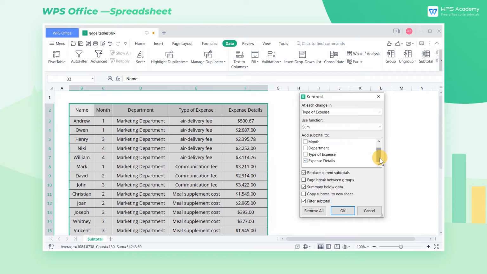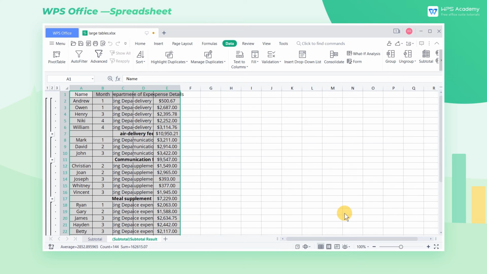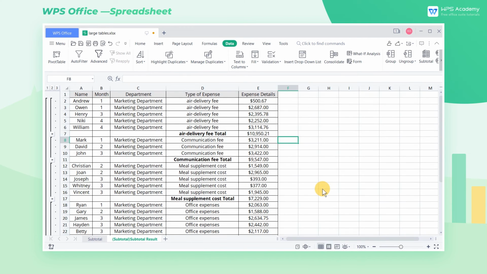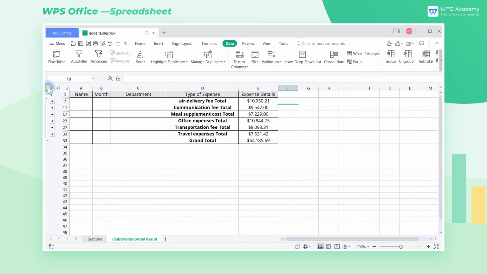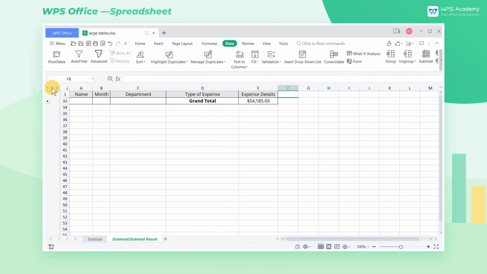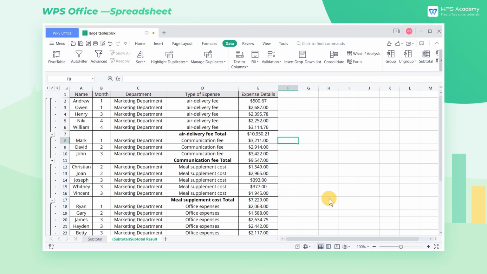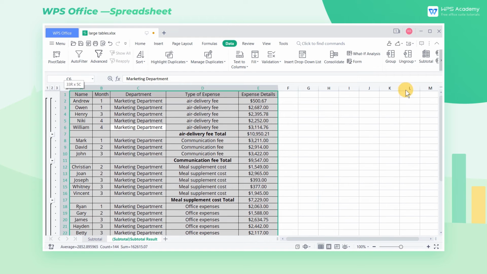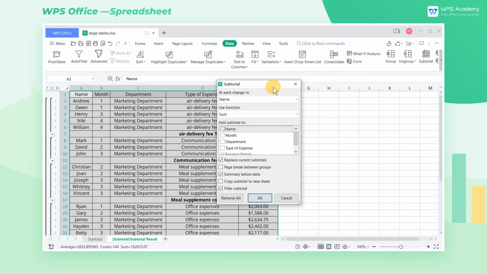Leave the 5 options below as default and click OK. Then the subtotals are generated like a tree of contents. Click the number in the upper left corner of the worksheet, and you can expand or collapse the corresponding expense details and get the subtotal. If you want to restore the sheet to its original state, select the table range, enter the subtotal dialog again,